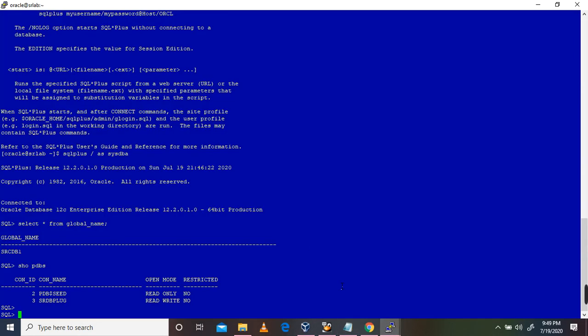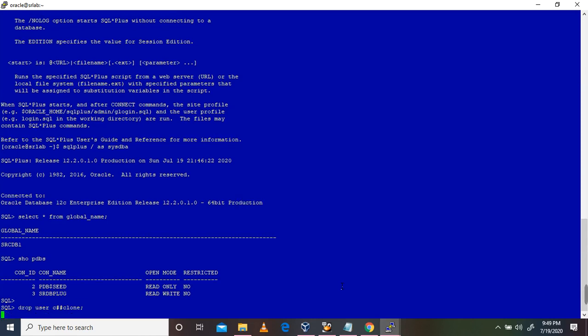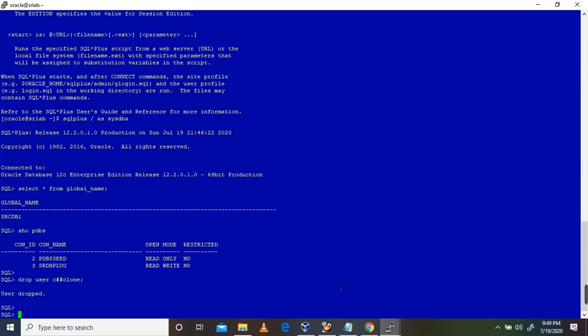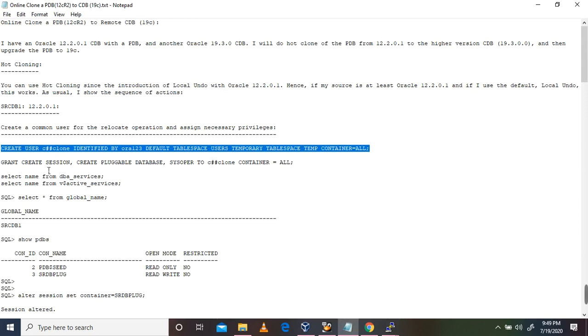here. I have already created it, so I'm going to demonstrate that user. I'm doing it in the source database, the 12.2.0.1 database.